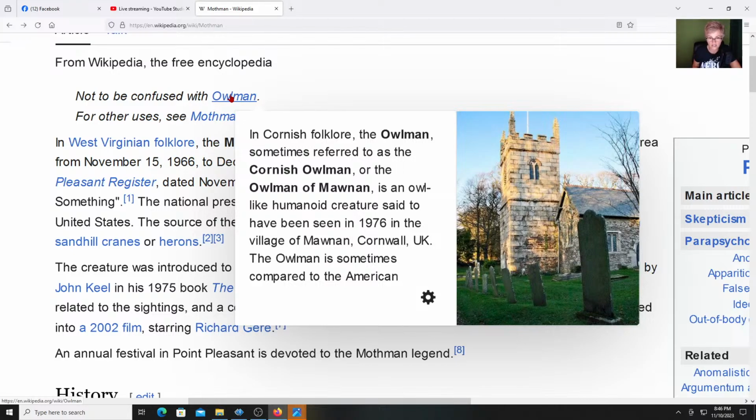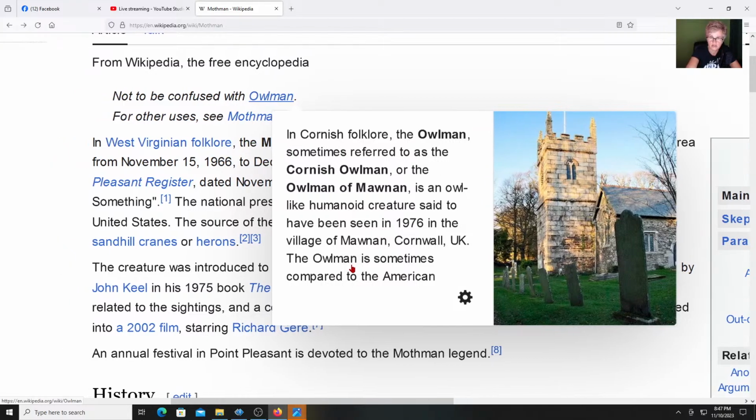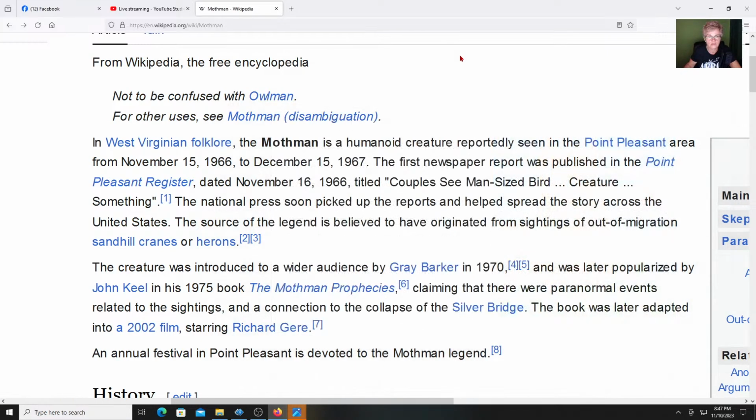Okay, when they say humanoid, I'm really thinking about part owl and part robot. If you say a humanoid, doesn't that sound like it? A humanoid creature? Edwin the Crow? Yeah. The Owlman is also sometimes compared to something else, a humanoid creature in Cornwall, UK. This is wild. It really is wild.